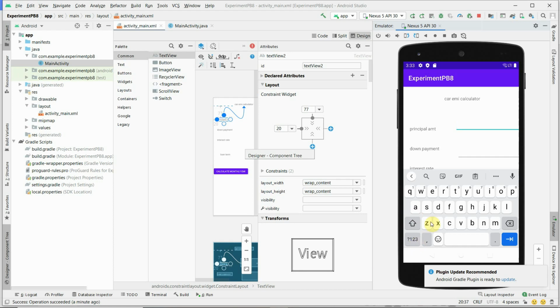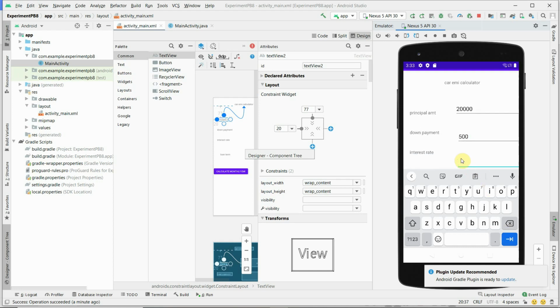Okay, here for a 20,000 amount, if you are calculating down payment, you give 500. Okay, then click on this button. Interest rate, okay, 5%. Click on this. Loan term, take 5 years.